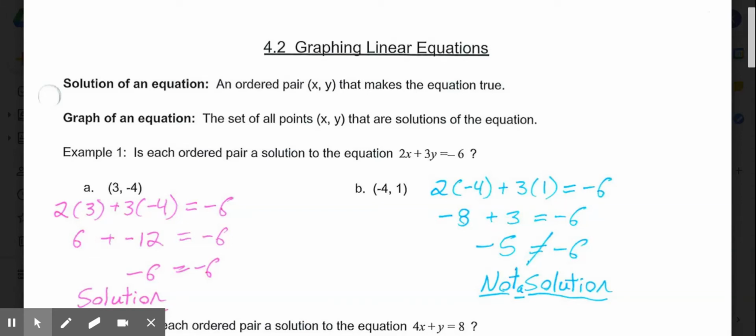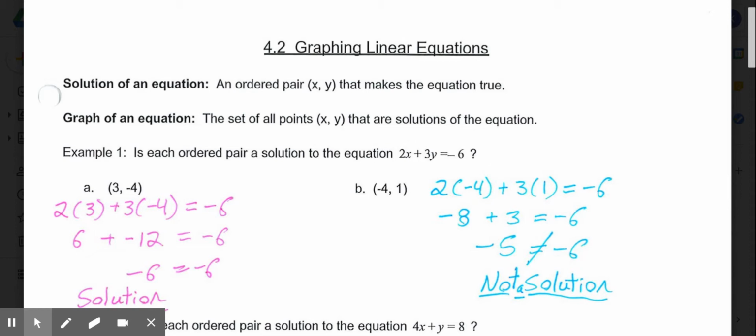Welcome to lesson 4.2, Graphing Linear Equations. So in our last lesson, we looked at coordinates and scatter plots to help you remember some of the terms and different ways to plot points on a coordinate grid or a coordinate plane. Now in this lesson, we are going to look at the idea of graphing linear equations and the solutions to